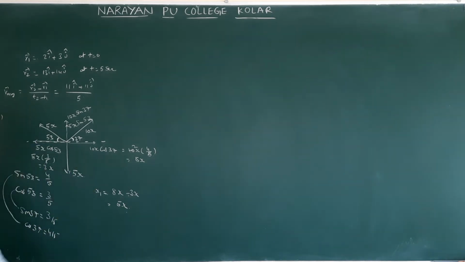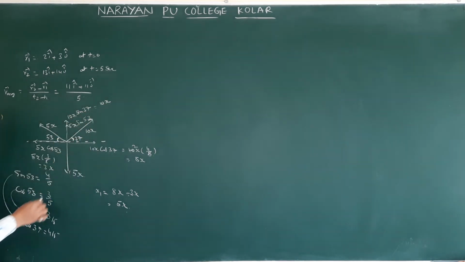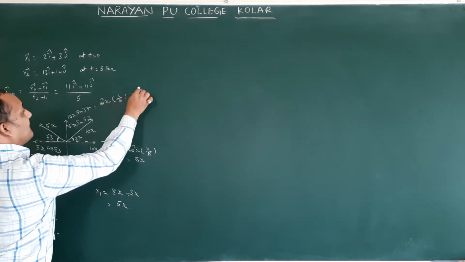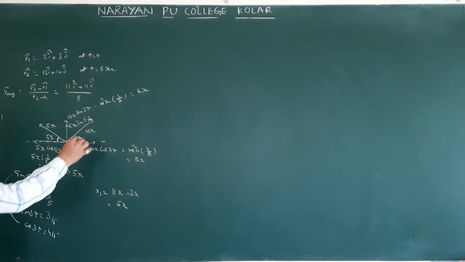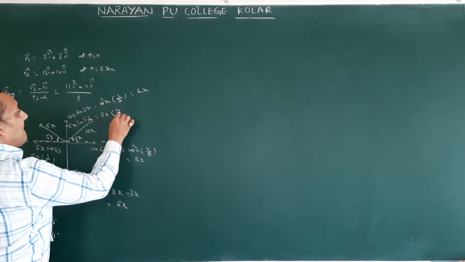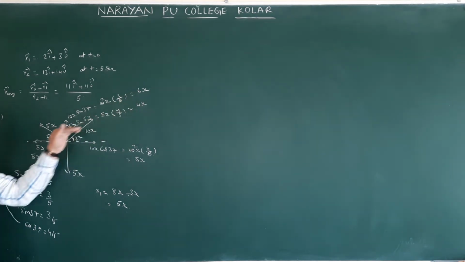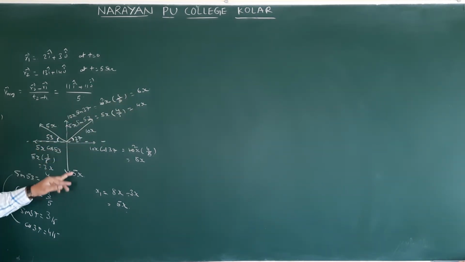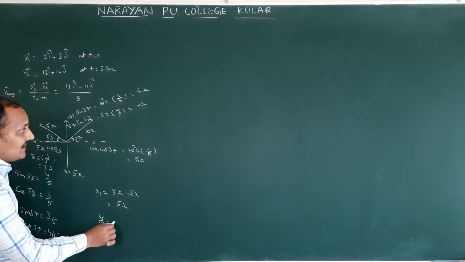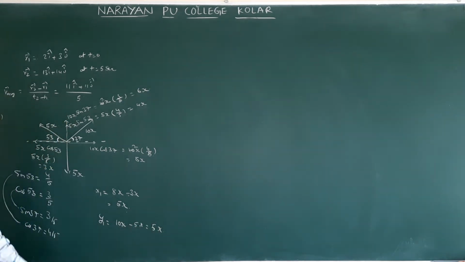Now along y-axis please. Along y-axis 10x sin 37. Sin 37 value how much? 3 by 5. 3 by 5 means 2 times 3 is 6x. So 5x sin 53 value. Sin 53 is 4 by 5, that is 4x. So these two are in same direction. Therefore 6x plus 4x, 6 plus 4 is 10, and along y-axis here 5x downwards. Therefore y1 is equal to 10x minus 5x, that is nothing but 5x. This is along x-axis, y-axis.